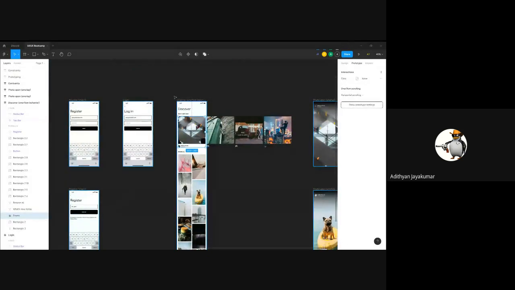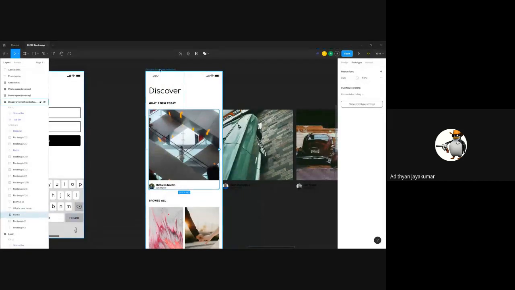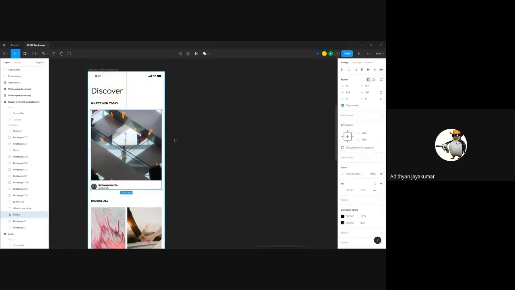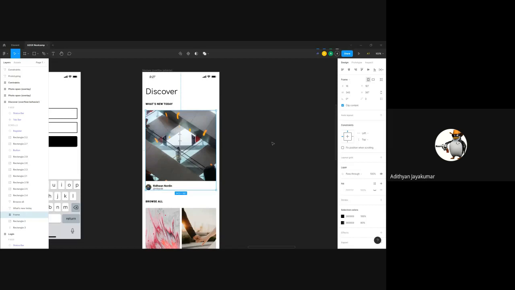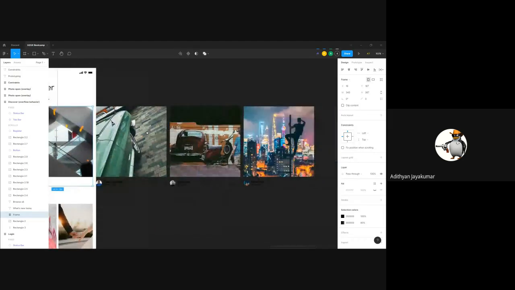So, another thing I want is for this frame here to be scrollable horizontally. What I'll do is, I made a frame there, but if you notice, I have clip content turned off. What clip content does is, if any element is outside the frame, it automatically crops it off. So if I turn on clip content, you can notice that all the elements that were on the right side disappeared. That is because this is the real frame. The blue outline you see with the squares is the frame I'm working on. And all of this is just things I added to the right side